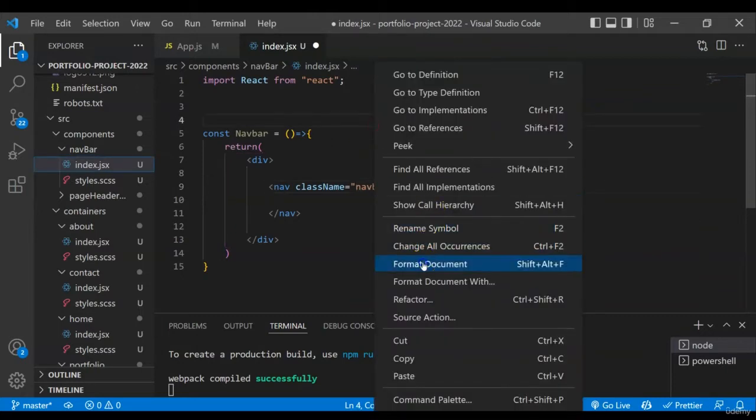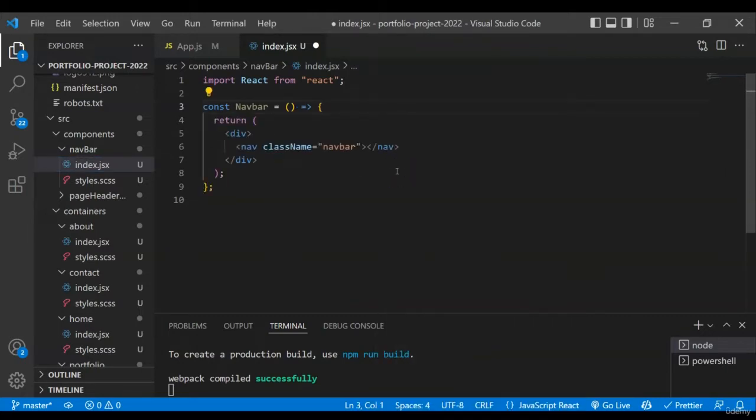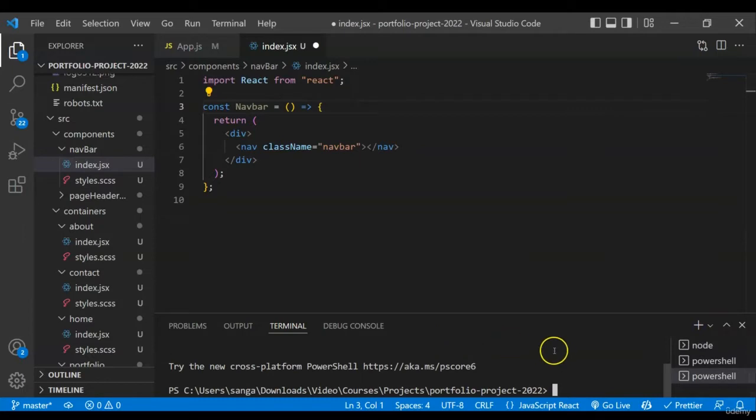All right, and another important thing I forgot to mention is that we have to install another package, and that is React Icons. So that React Icons package is basically used to use any kind of SVG icons in your application, and that is very useful. So that's why I'll just install